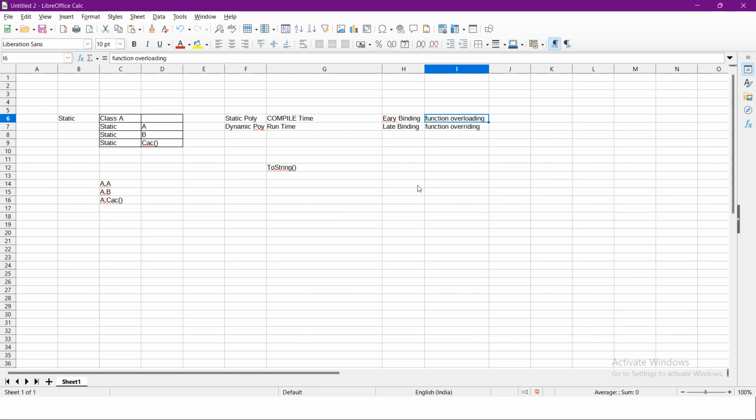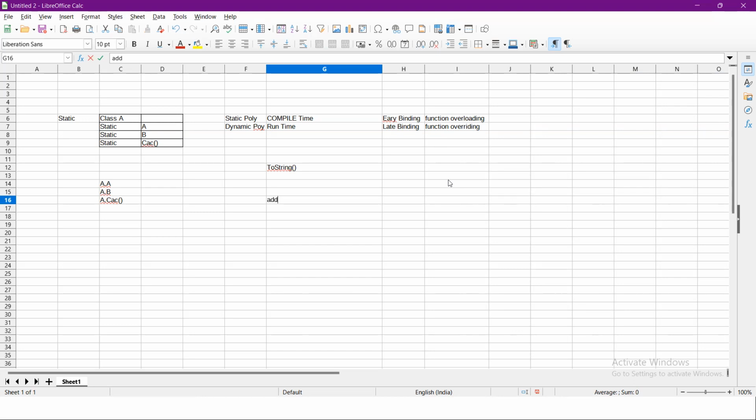If you remember, function overloading is basically, suppose, let's say add, I'm adding two integer values. And let's say add, I'm using two float variables. So here, if you see, my function name is the same, but the parameters are different. If you have these two similar methods within the same class,